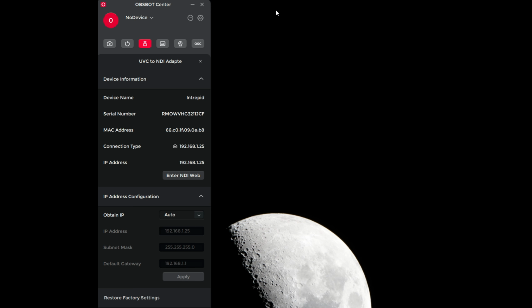Let's go into the web portal. When you open up your Obsbot Center, you're able to connect to your UVC to NDI device. Currently, it's listed as no device. If we click on the drop-down menu, we can see that it says Intrepid and Add Device. Add Device is if you need a tail layer, or if you want to see your tail layer products. If you notice, it does show the Intrepid, and again, we use Add Device to add any other Obsbot product